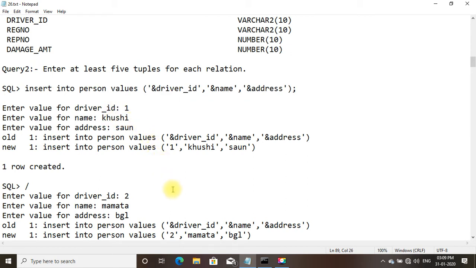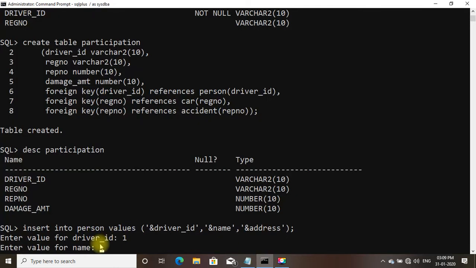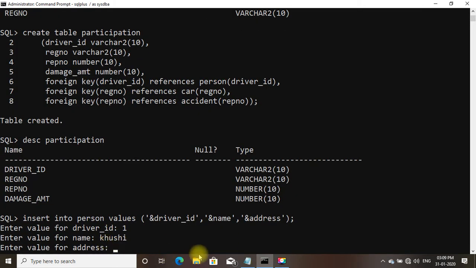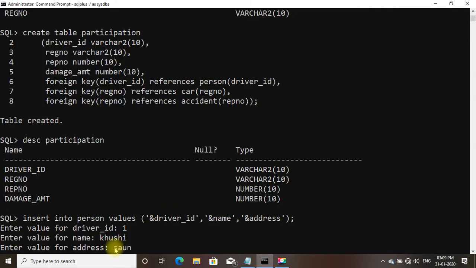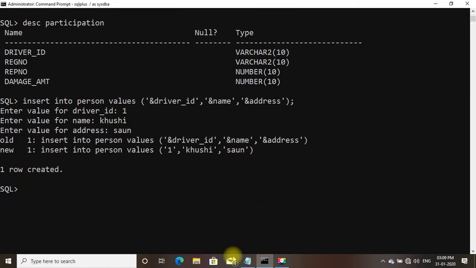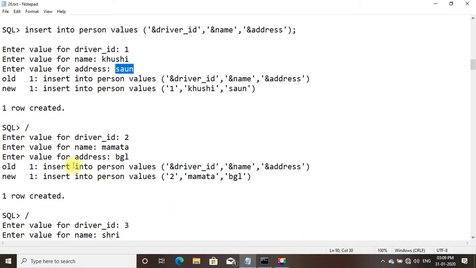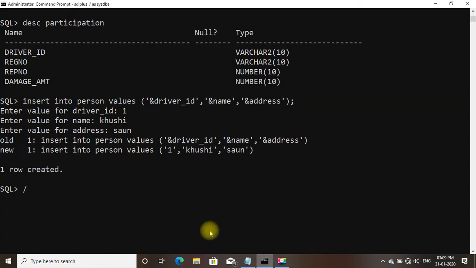Name is Khushi. Enter. Enter the address, that is sound. So one row created. Now for the next row, we need to type forward slash.